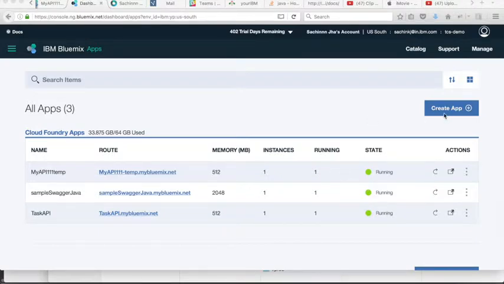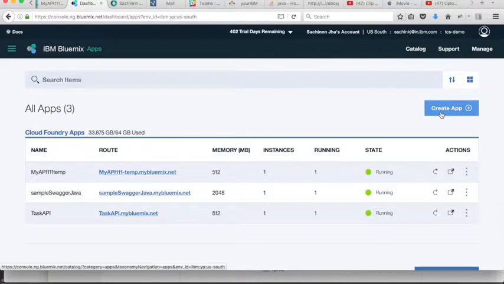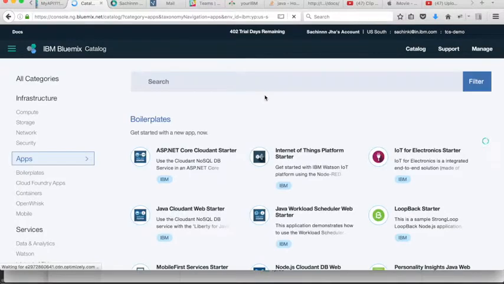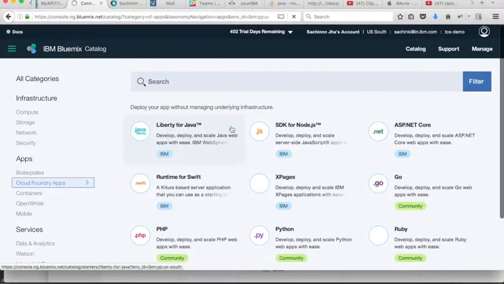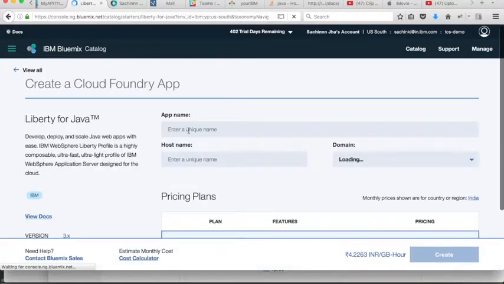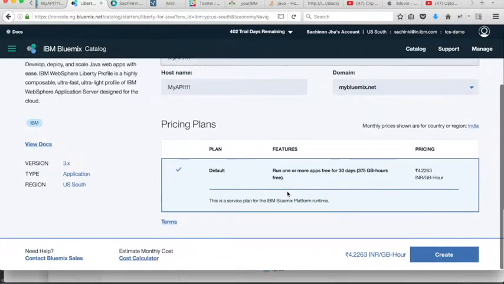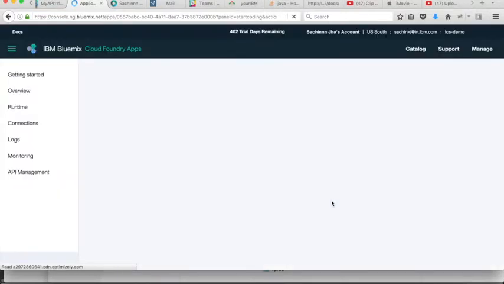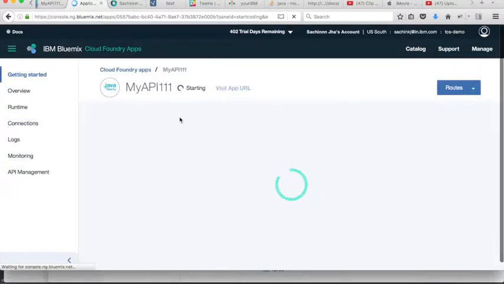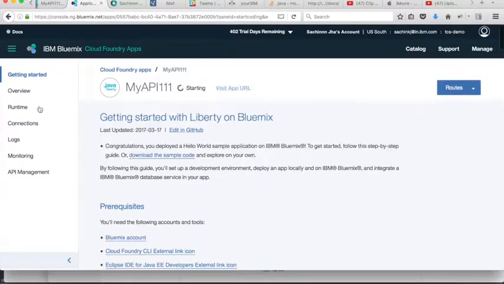So first thing I'll do is I'll create the Cloud Foundry application by clicking on Create App. So I'll choose Cloud Foundry apps. I'm choosing Liberty. So this creates the API application, and